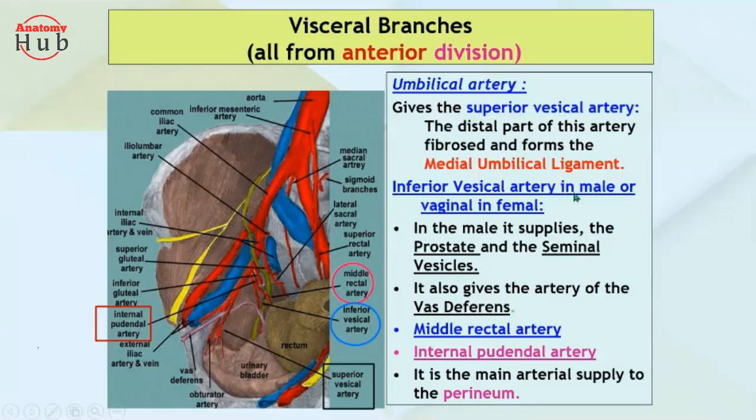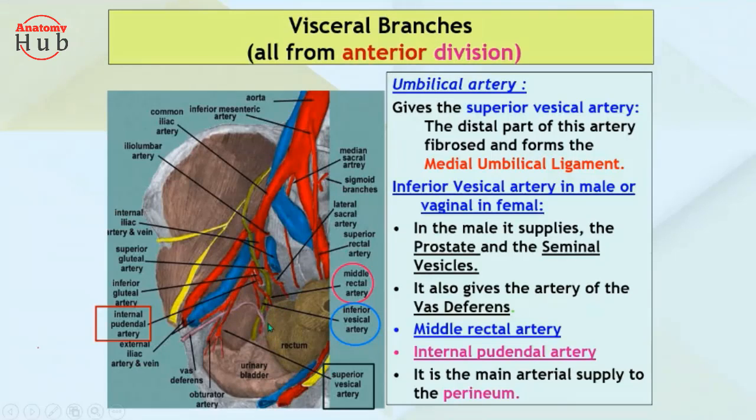But in female, there will be no prostate, right? So it is supplying to the upper part of the vagina. That's why it is known as your vaginal artery. It also gives the artery to the vas deferens. Then you'll find the middle rectal artery. This middle rectal artery and the internal pudendal artery, these two arteries will supply to the rectum over here. And the pudendal artery will supply to your urogenital diaphragm,